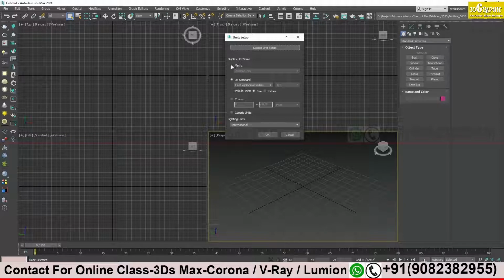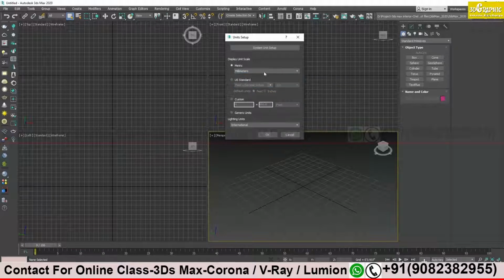If you click on Metric, you see it is centimeter by default. If you want to work in centimeters, let it be centimeter, or you have the option of meter, kilometer, and millimeter as well. Clear?